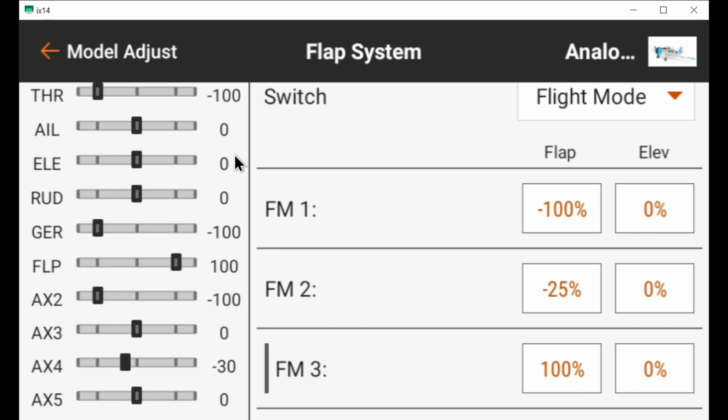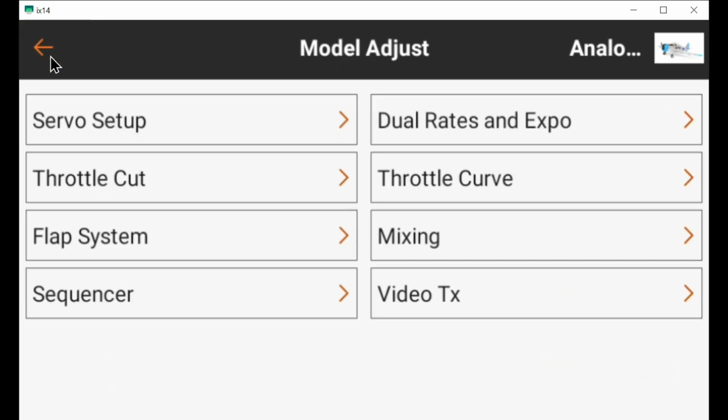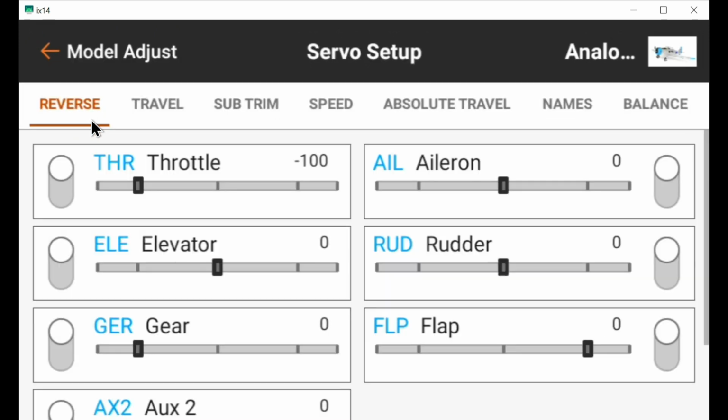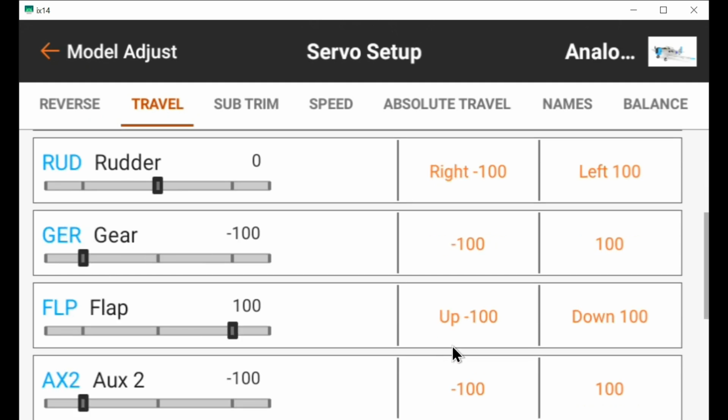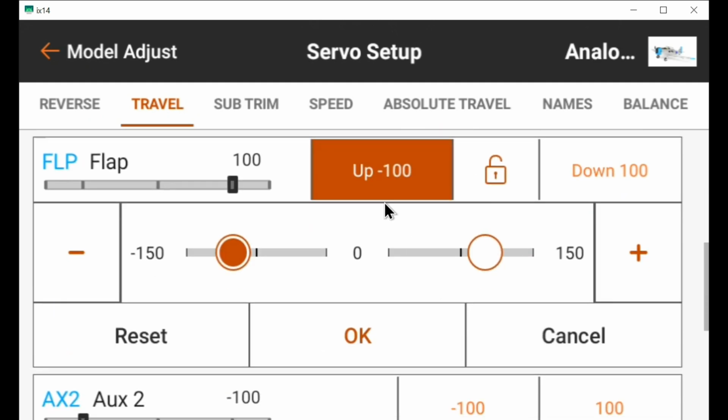And since I use flight mode trims, I don't use the elevator trim here. I do eventually transfer the offset of the elevator to here so that I can recenter the trims. But I go into servo setup and the travel, and I set the actual flap position using,